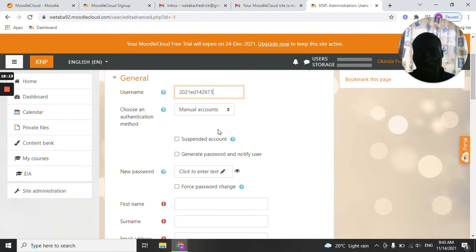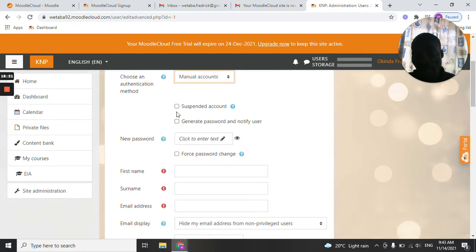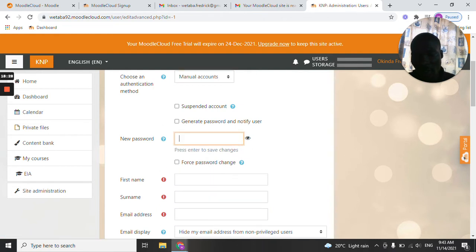When you reach here, you can choose an authentication method. You can use even manual accounts. Then you don't suspend the account. Then you come here to the new password. Then you enter the password following the rules I highlighted earlier. We said you must have a